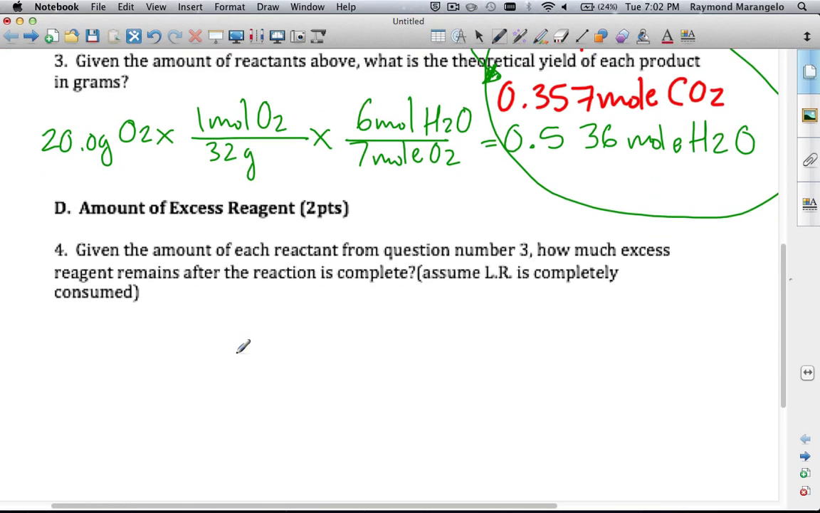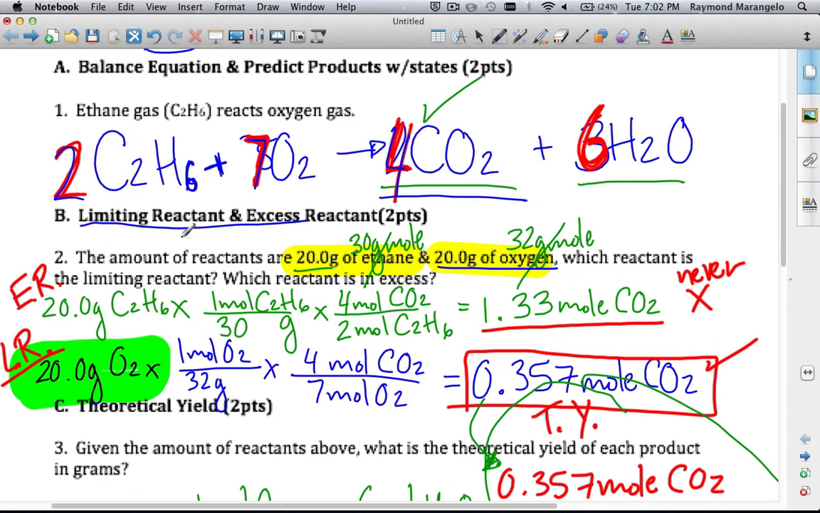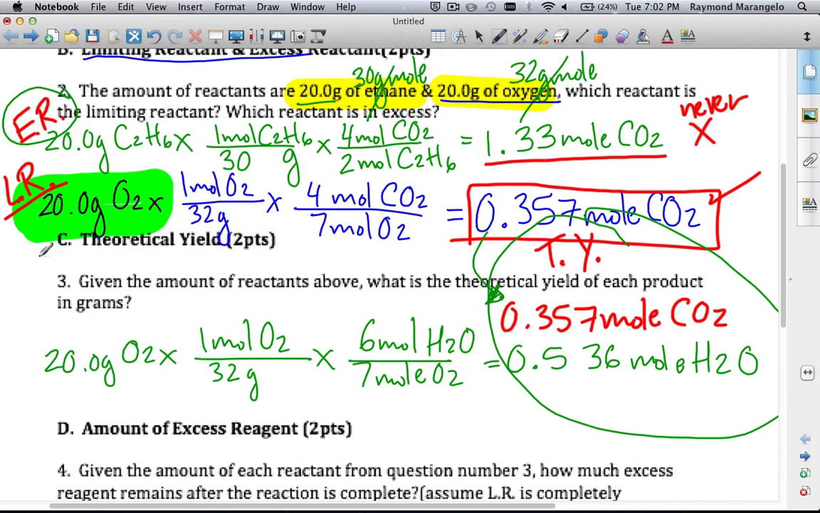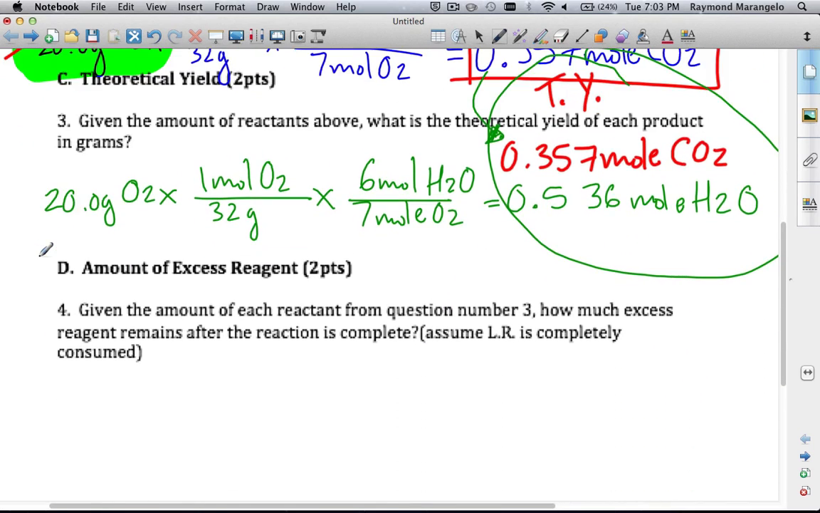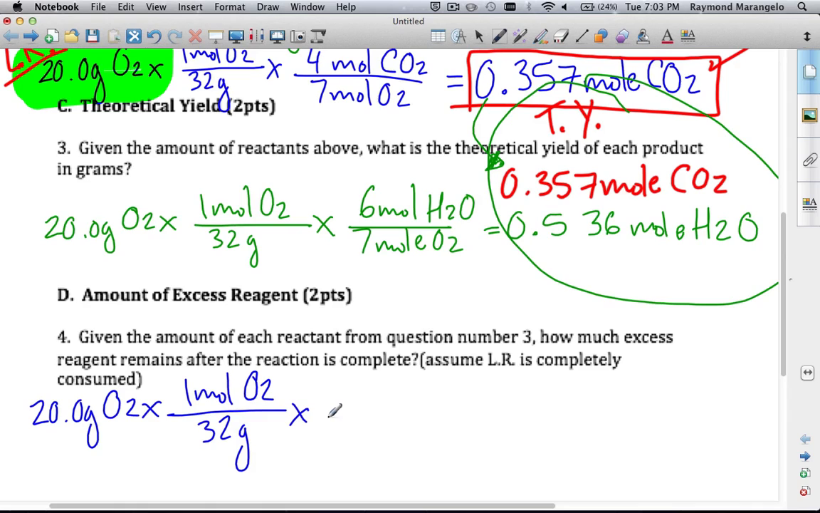The amount of excess reagent, given the amounts that we had in the first problem. Now, how much of the ethane are we going to have left over? Look back up here. The ethane is the excess reactant or reagent, whatever one you want to call it, they're synonymous. How much of that 20 grams are you going to have left over? Here's how you do it. You start with your limiting reactant, the oxygen. So I say, okay, change colors here. If I have 20 grams of oxygen, how many moles do I have? 1 mole of O2 for every 32 grams. Then what I'm going to do is I'm going